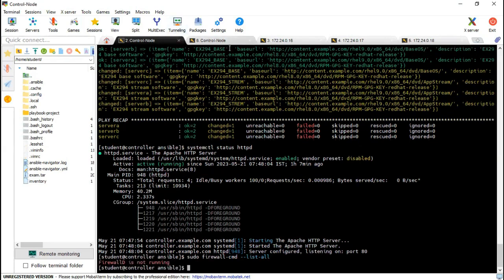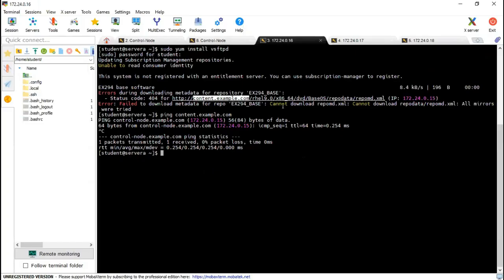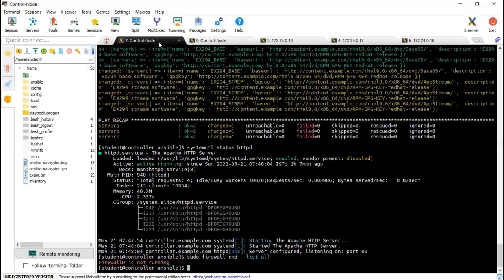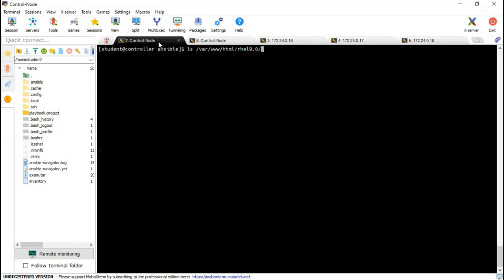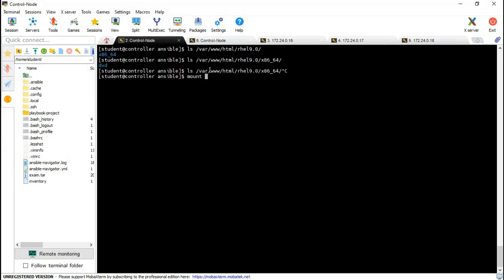Oh, firewall is not running. Then why is it not taking there? RL 9.0. RL 9.0. Spaceless.